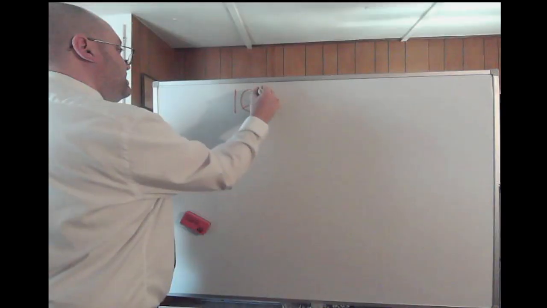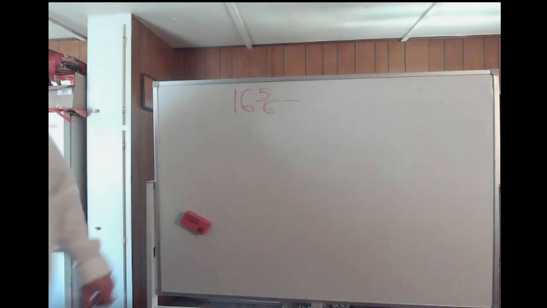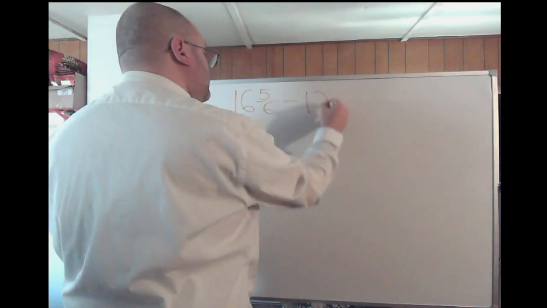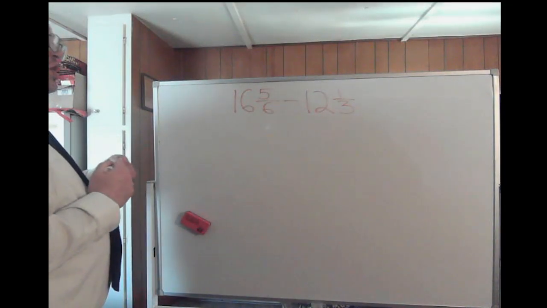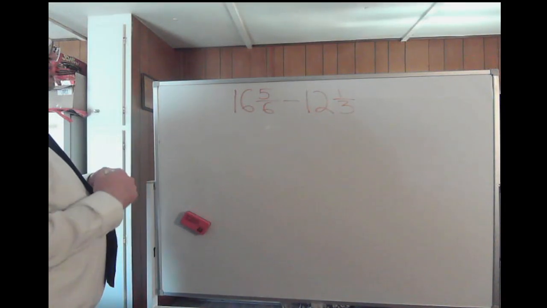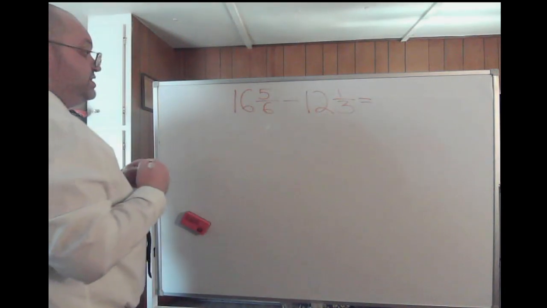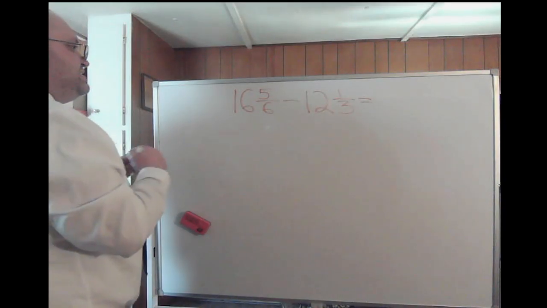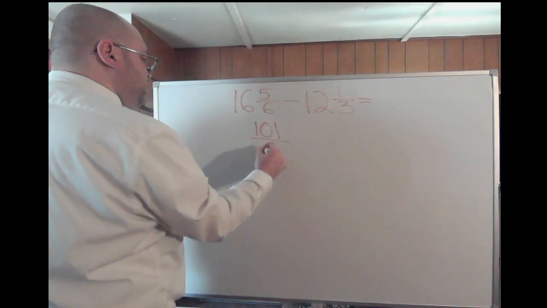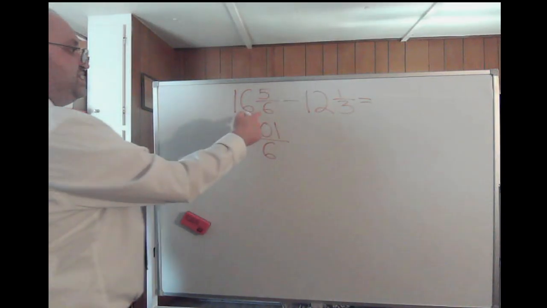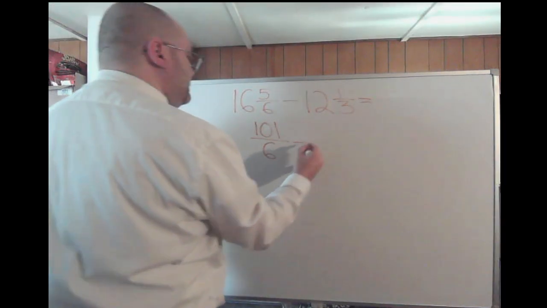16 and 5/6 minus 12 and a third. So 16 and 5/6 minus 12 and 1/3. Okay. What you got to do again, first thing I would do, convert these mixed numbers into improper fractions. 16 times 6, that's 96 plus 5, all right, 101 over 6. Minus,